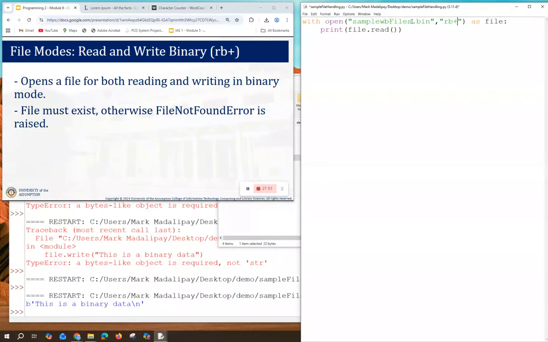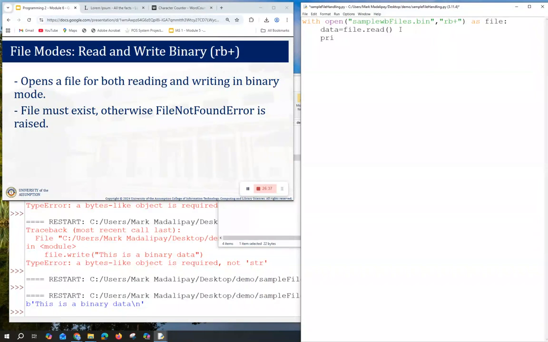Okay? So in this case, we'll just store the file read data to a certain variable, data.